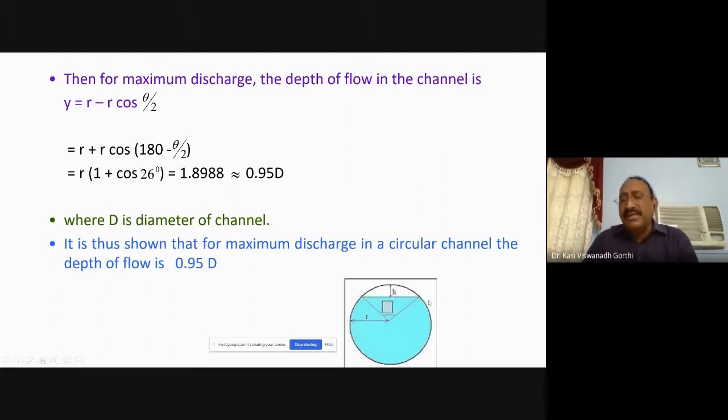Y must be 0.95 times D, almost nearer to the apex peak. When the depth of flow is 0.95 times D, you will get the most economical circular channel. Correspondingly, note the included angle in the figure: it is 308 degrees at this circle. At the center of the circle it is 360, but the included angle is 308 degrees. In such a case, you will get the most economical circular channel section and the condition for maximum discharge